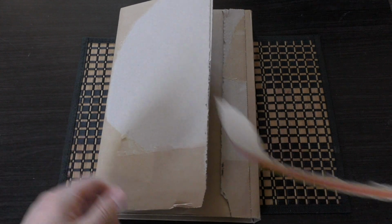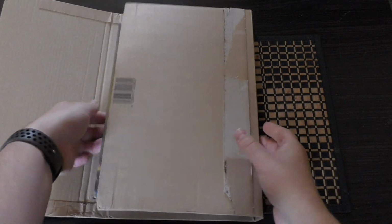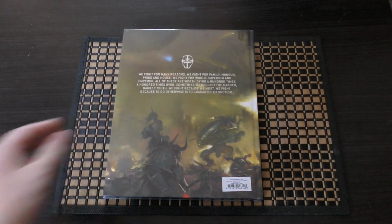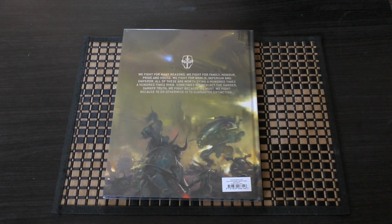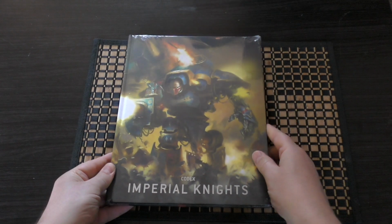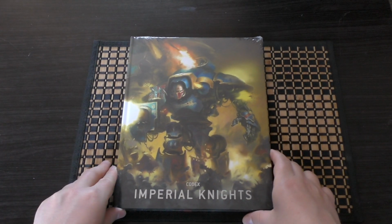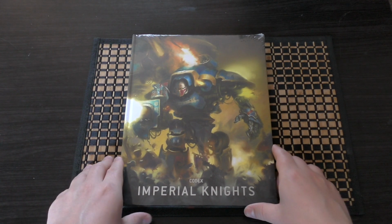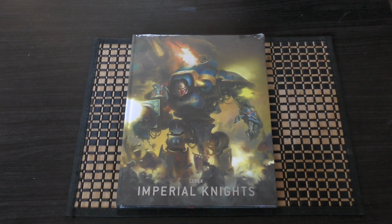You just open it like so, and then in here you've got the Codex, and that is all you've got in there. So yeah, there was a recent price increase, where they were bumped up a little bit. Normal Codex is now at £32.50. It's a huge amount, and I've always said throughout all the Codexes for many years that for this price point